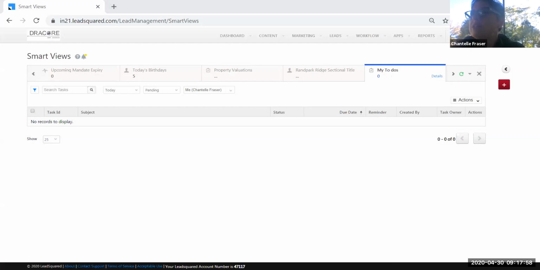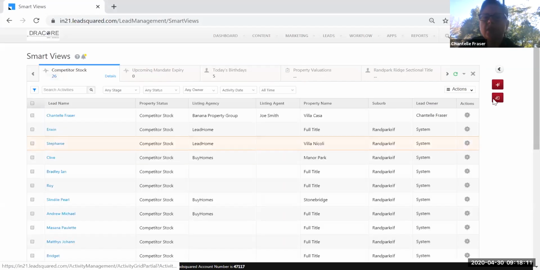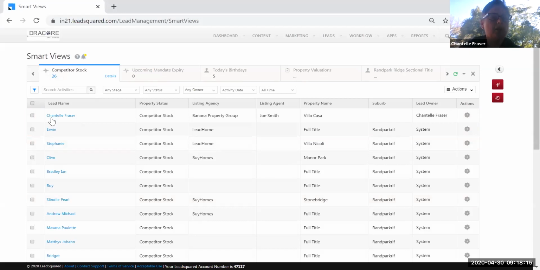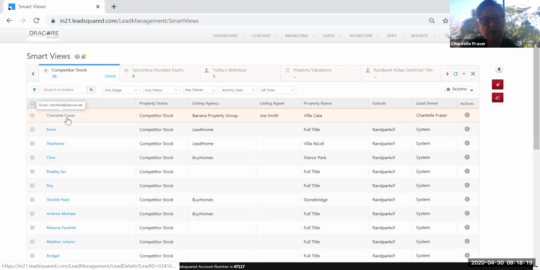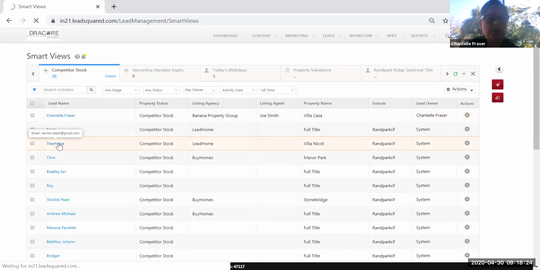Can you put in mandate info for competitor stock? Yes, you absolutely can. So if you want to go back to competitor stock and update something for an existing mandate with another agency, you can click on the lead here, or you can add it over here. But if I click on a lead, just to show you what that looks like,